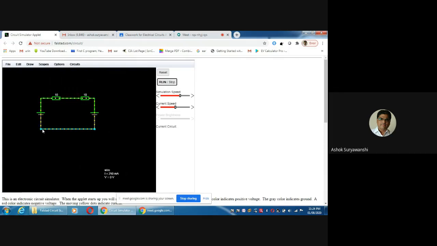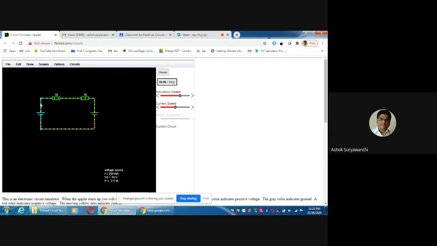Now you can see the current. It was asked in this assignment, question number 1 in 1A, to find the value of current I using KVL. So what is the current I here? You can see the current I is 250 milliampere, and I had given the answer as 0.25 ampere. I equal to 0.25 ampere is nothing but 250 milliampere.